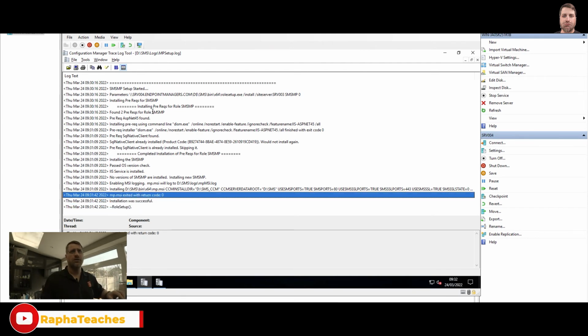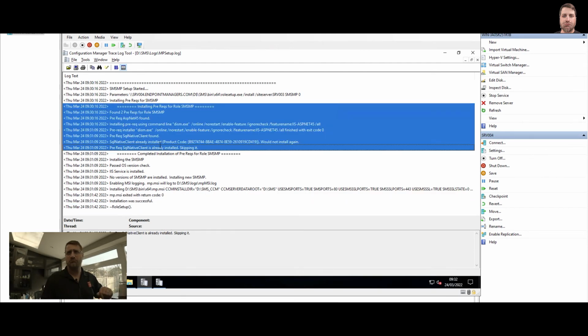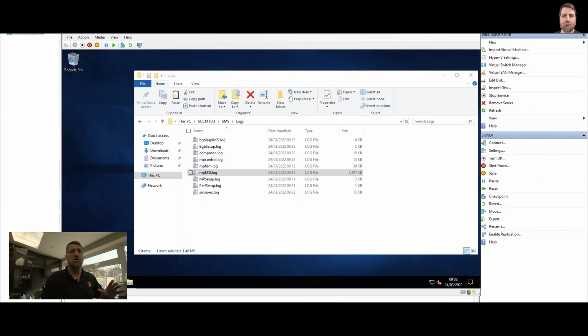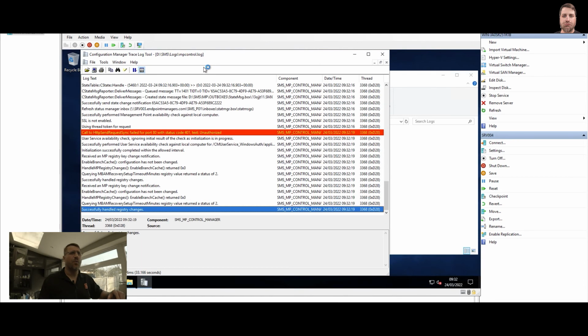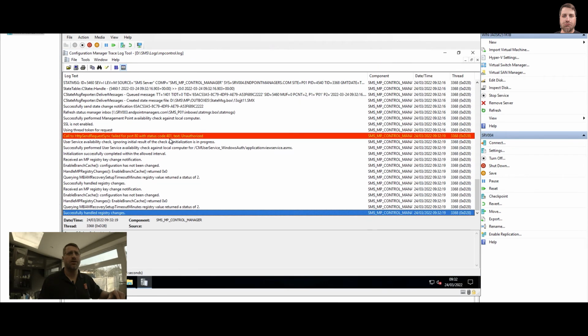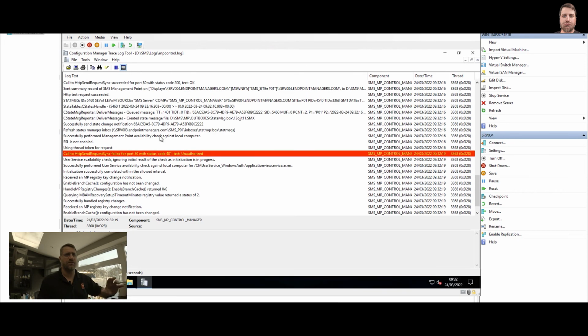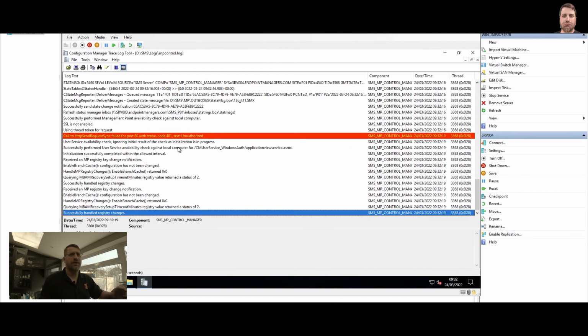So this is good. It installed the prerequisites that need to be installed and also installed the management point itself. So server 4 seems to be okay now. You can see there are more logs that start showing up. The other log I want to show you is MP control, and this is telling me if there is something good or bad on this server. So far, because of the installation, there are a couple of things that will have some error or failure, but